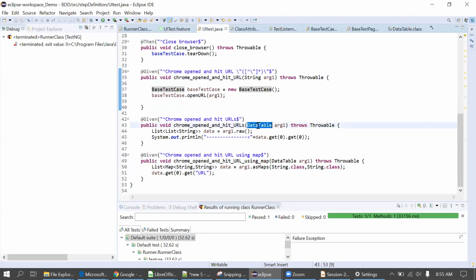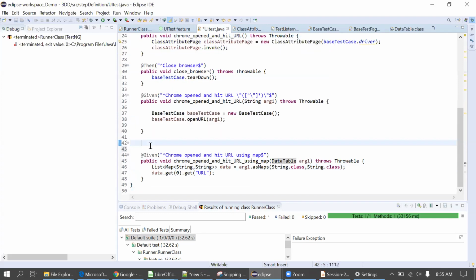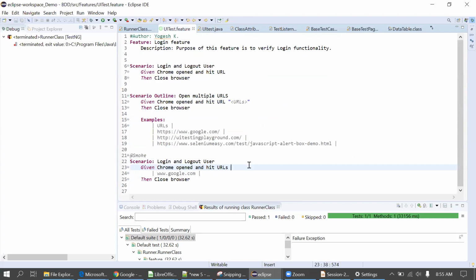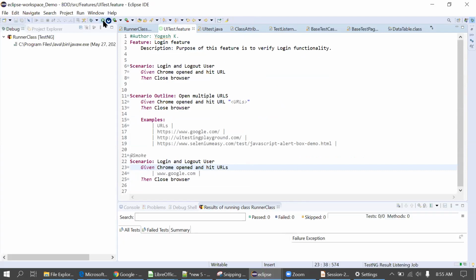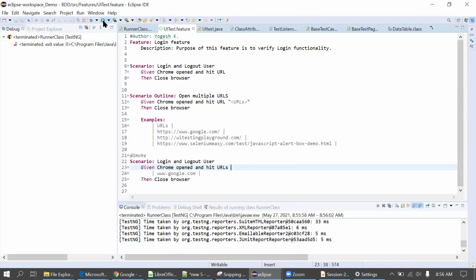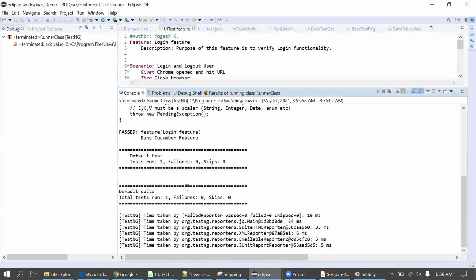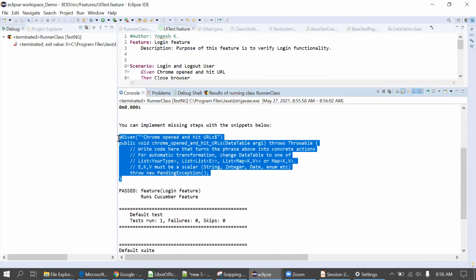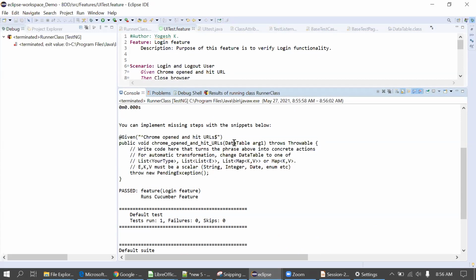It is having an argument. I'm just deleting this. I'll show you how to create this, otherwise you will get confused again. Now I am executing this. Every time you have to create a step definition, get that code from the console only, so you don't have to remember this part. I'm copying everything. You can see we are seeing the data table now here, data table and argument 1. It automatically came here.